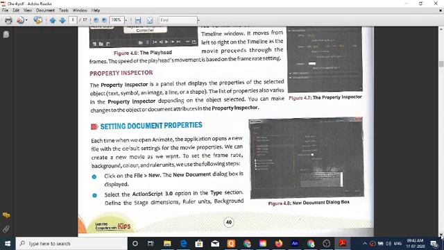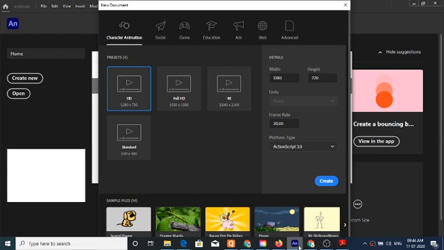Now, today we discuss a lot of objects, main characters, main features of Animate CC. Animate CC has features for the purpose of animation creation.